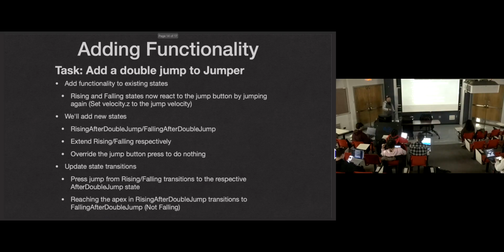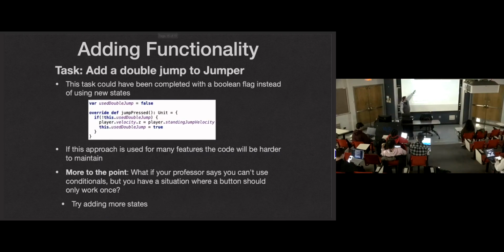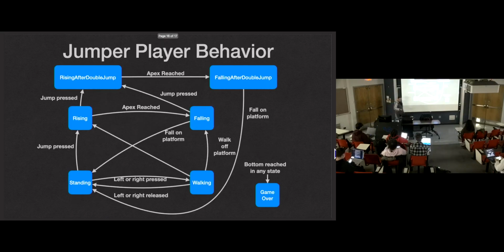And you could do this. You could do this with a conditional, with a flag, if you've used the double jump, and say, if I've used the double jump, then jump again, which would be okay. It might even be the better solution. As long as you do this in the in-air state, this might be the way to go. But we're going to embrace the state pattern completely and add new states. So if I'm in the air and I hit the jump button, I want to use a double jump. So we're going to hit that extra jump and then transition to a state that's going to extend, like